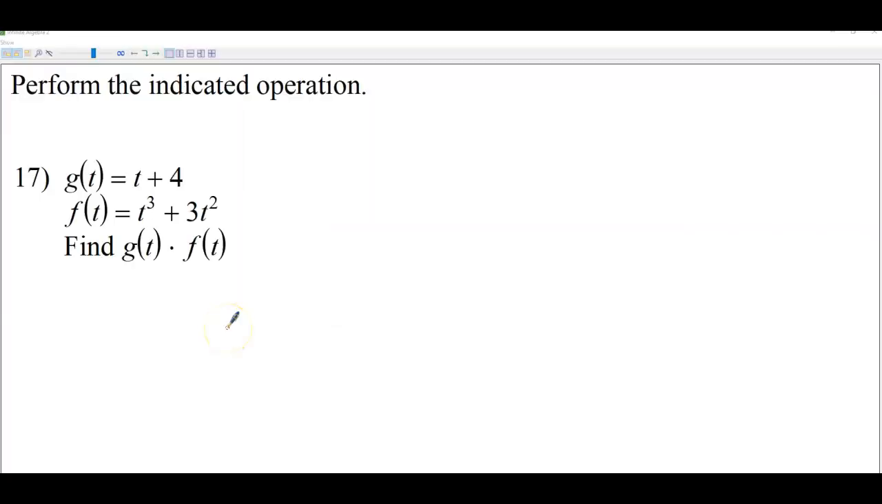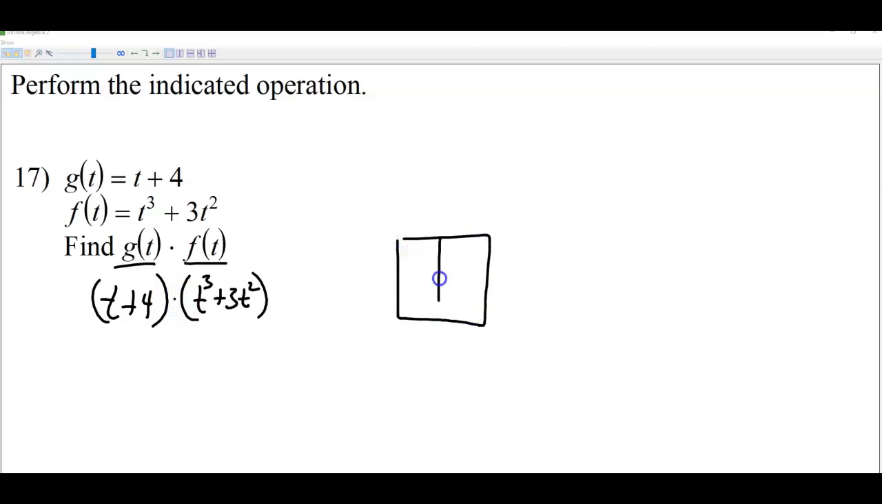All right, so for number 17, we're doing function combinations. We want to do g of t multiplied by f of t. So that's going to be g of t is t plus 4, and f of t is t cubed plus 3t squared. For this, you can go ahead and use the box method that I shared with you guys a little while back, where I'll make it a little bit bigger actually,